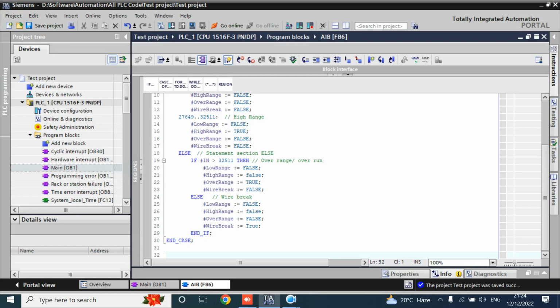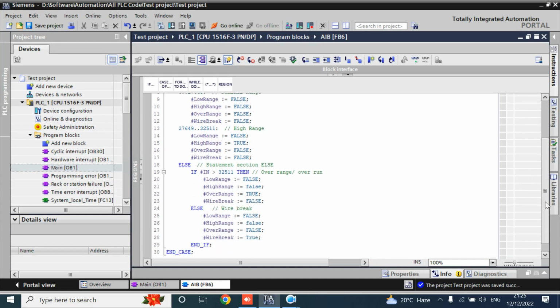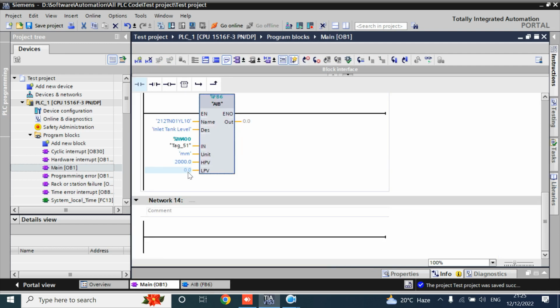Welcome back to our series of videos on the AIB analog input block. This is our third video. In the last video we checked whether the analog input signal's integer value is in range or not. For that we created some alarms. Today, first, we'll convert that analog input signal to our process value within the range we have defined